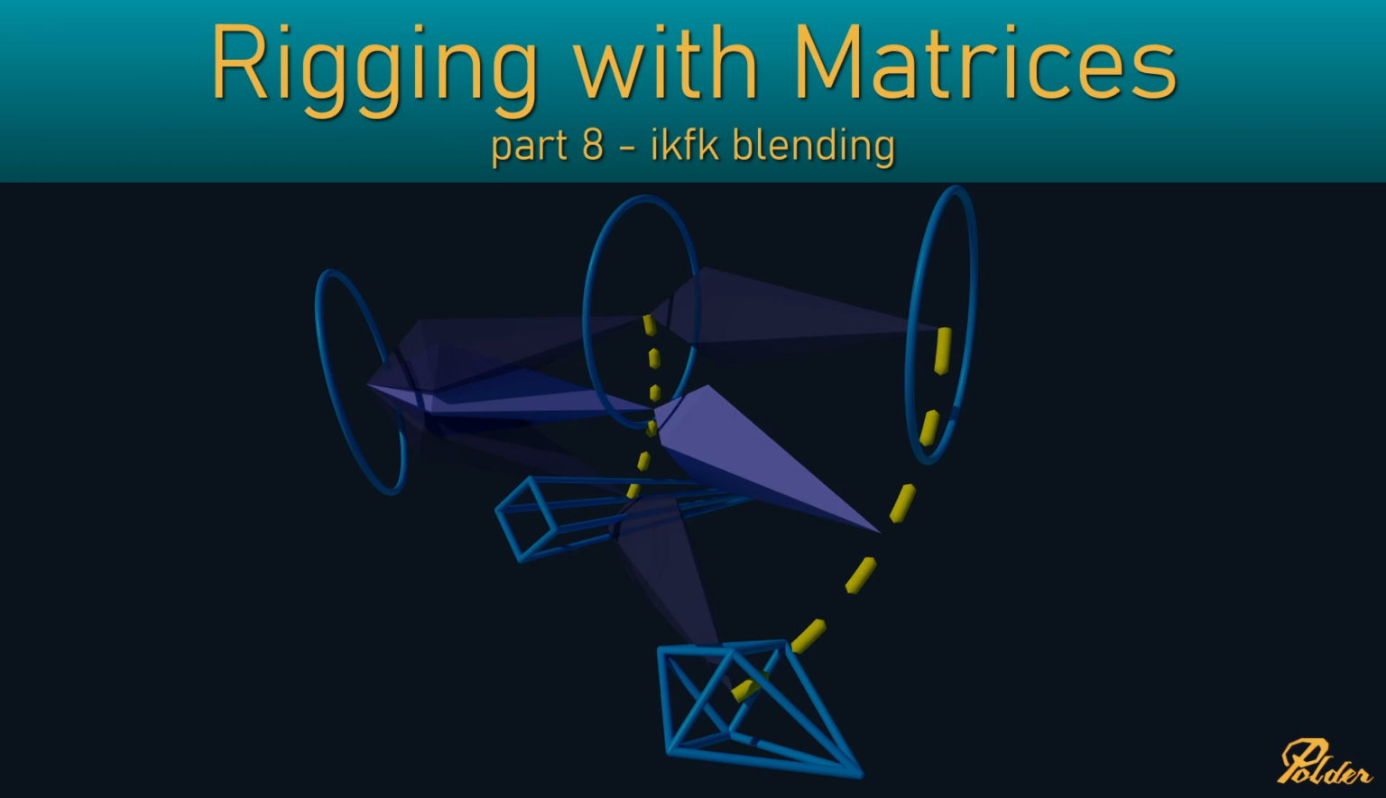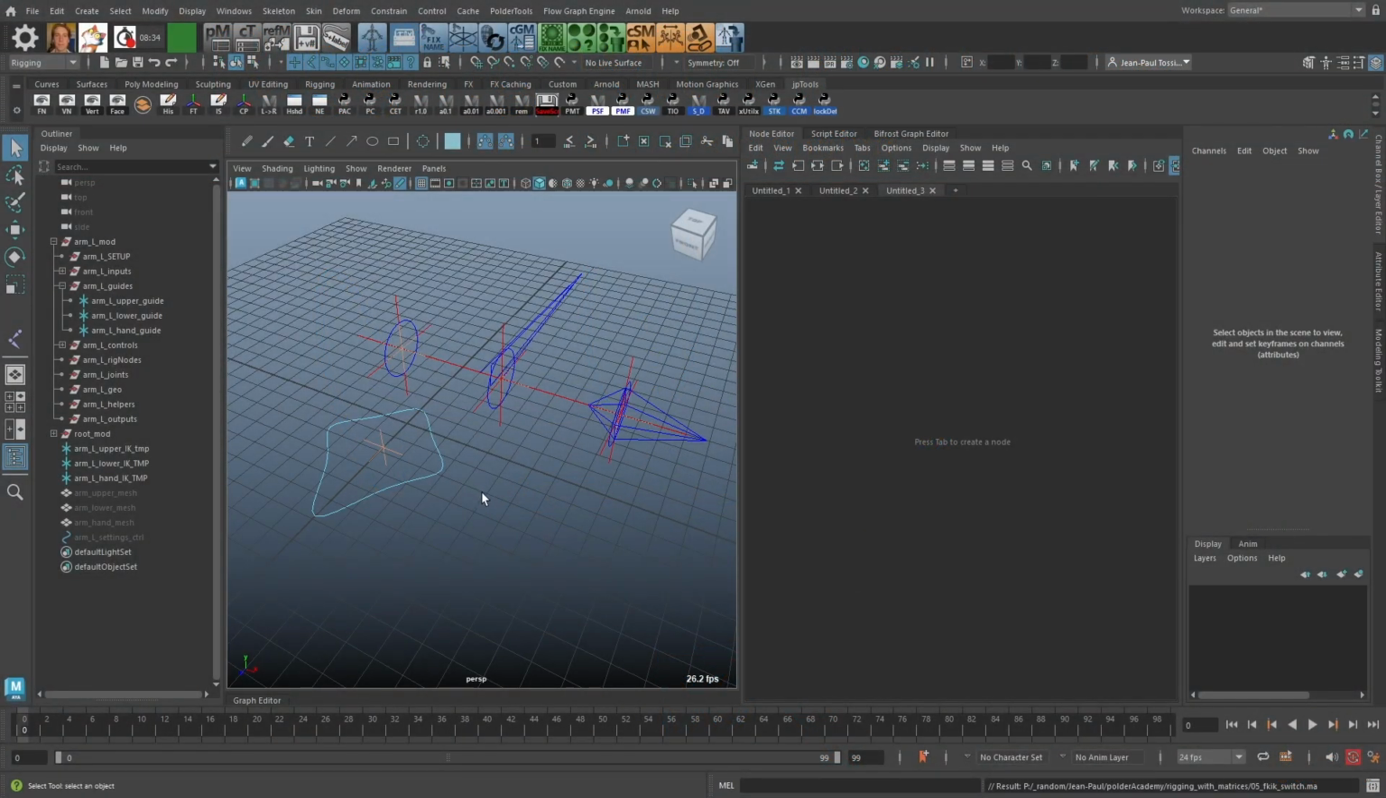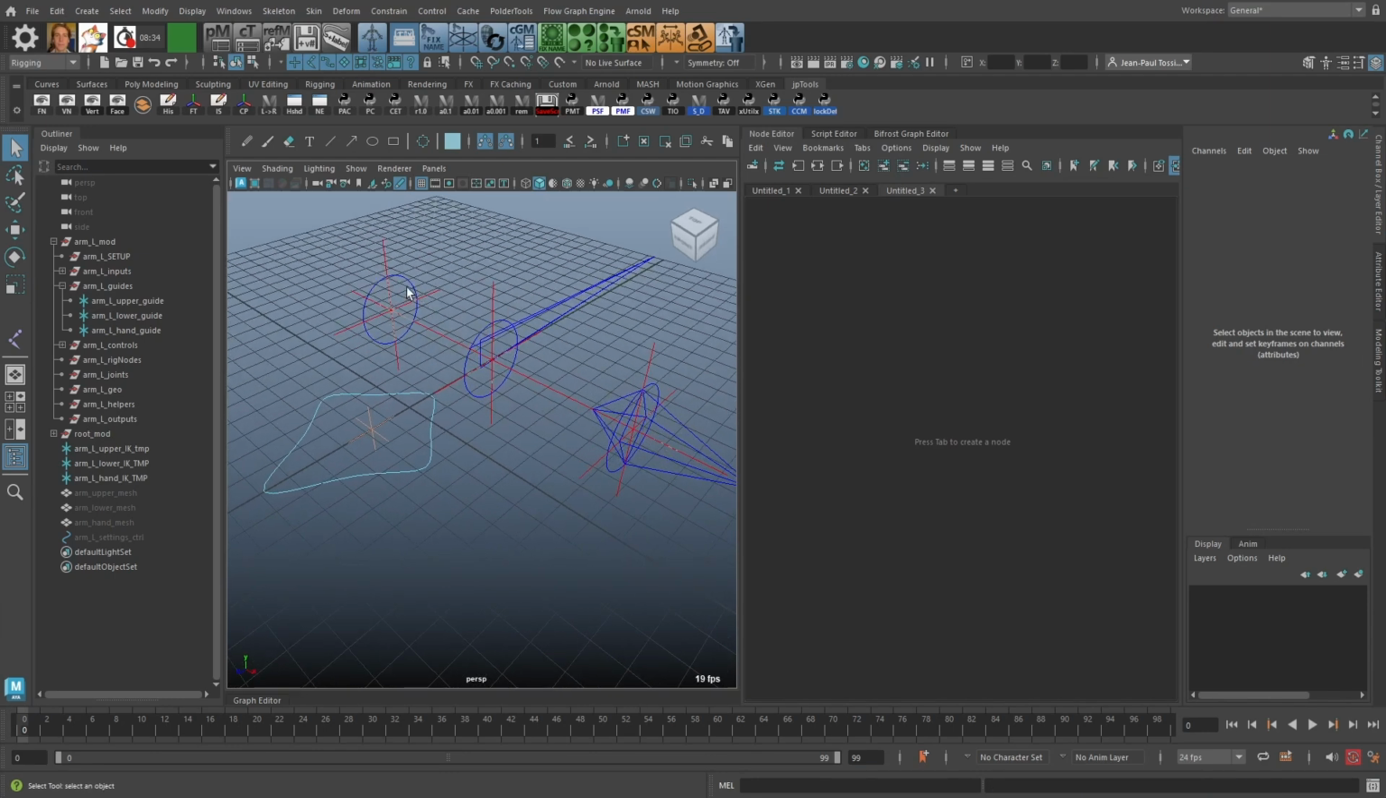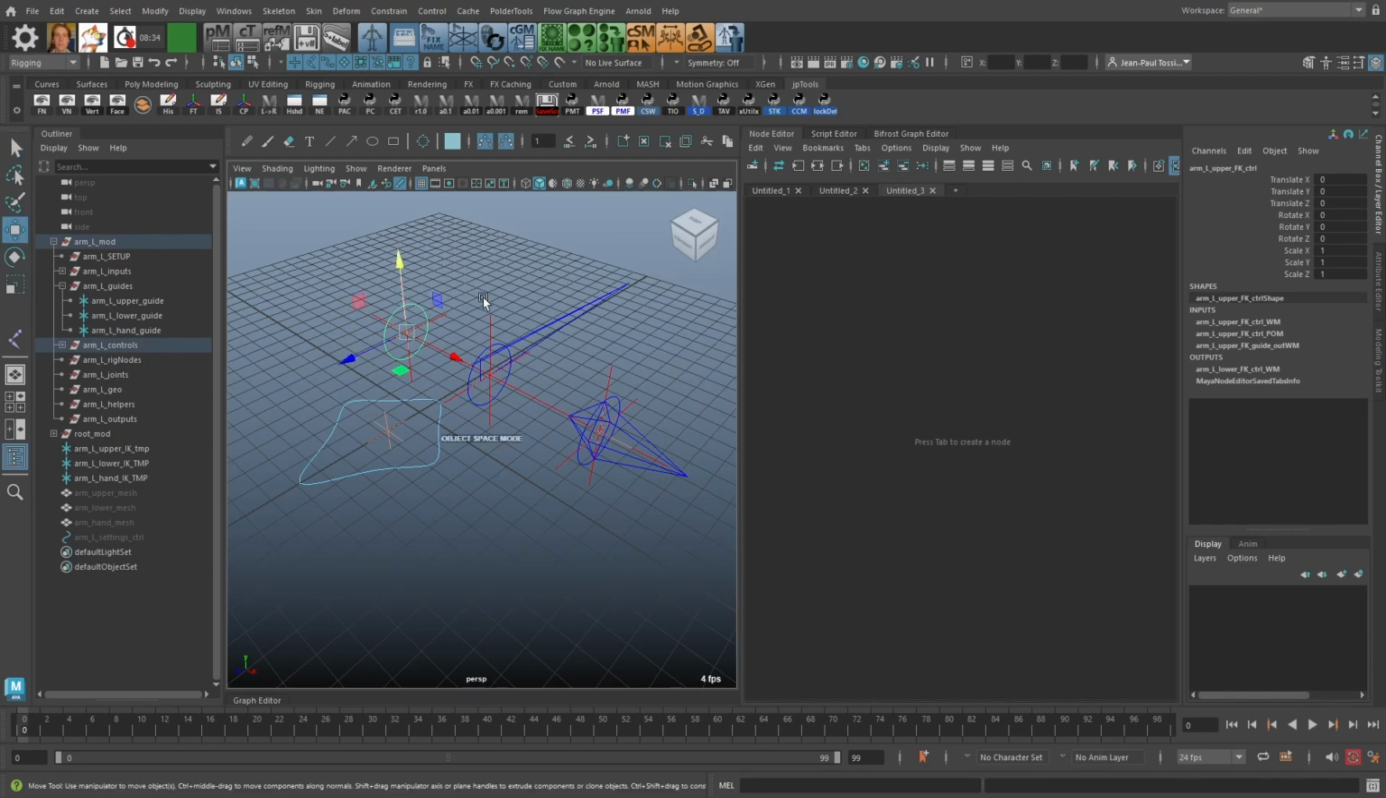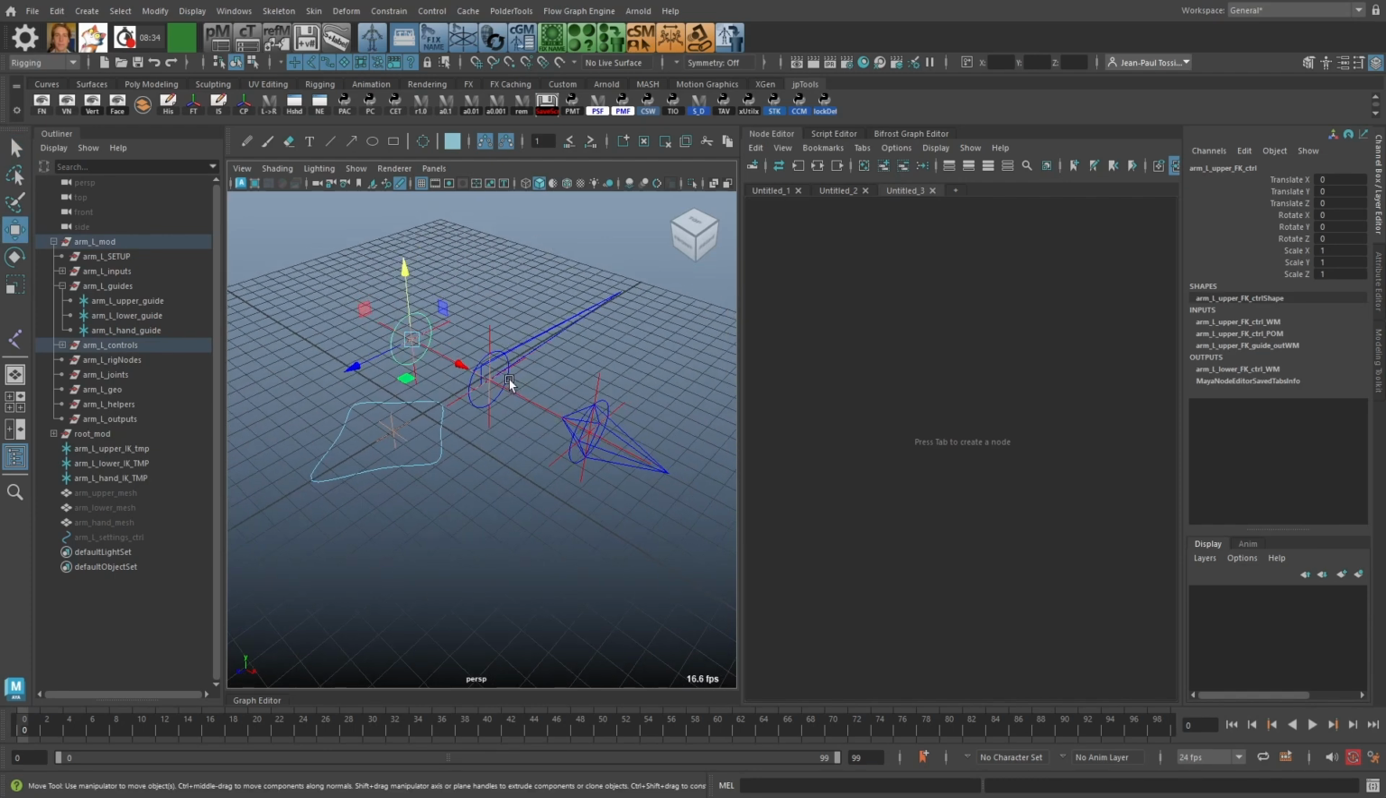IK-FK blending. So now that we have set up our FK and IK control rigs, let's have a look at how we can set up an FK-IK blender so we can switch between the two control modes. But before we look into that, I noticed that our FK control rig is not quite set up correctly, because